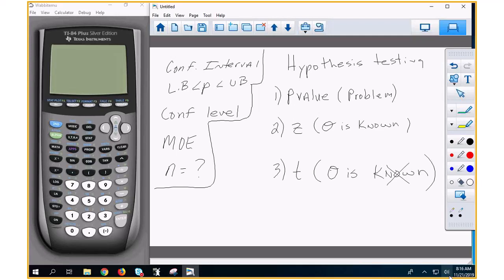I'm not going to go to chi-squared, because chi-squared you'll get in more statistics classes. But I will put the fourth down here, the chi-squared test. The chi-squared test is what you use whenever you have more than one set of data. Okay? But you don't need to know that. That's for later.